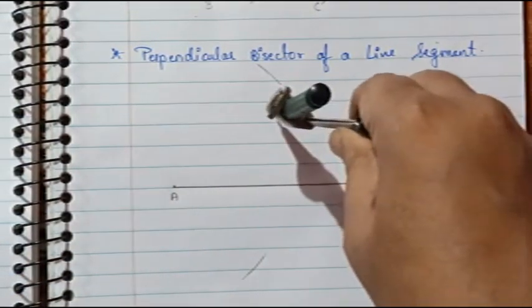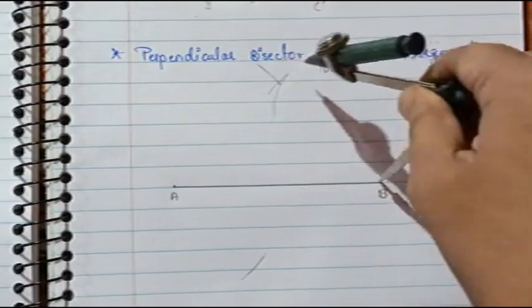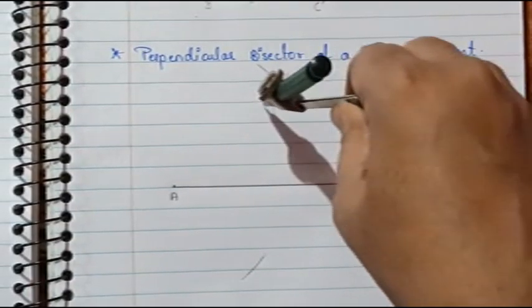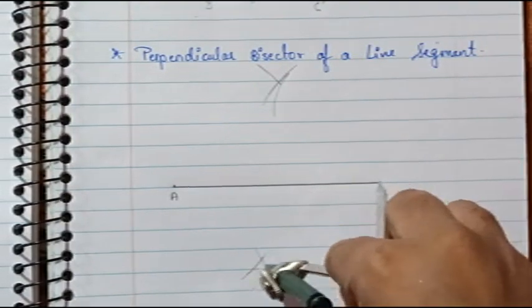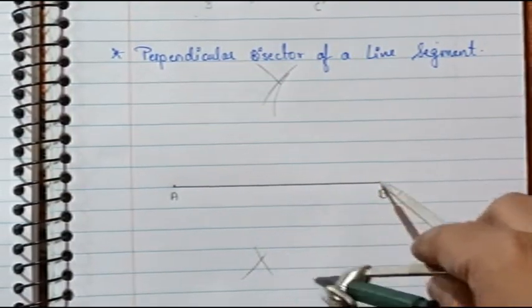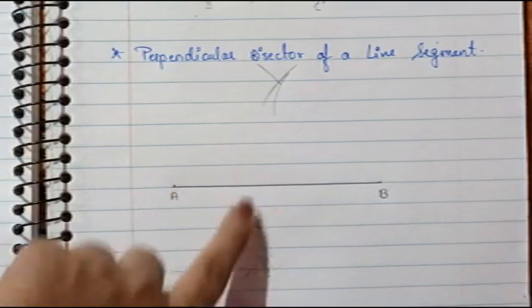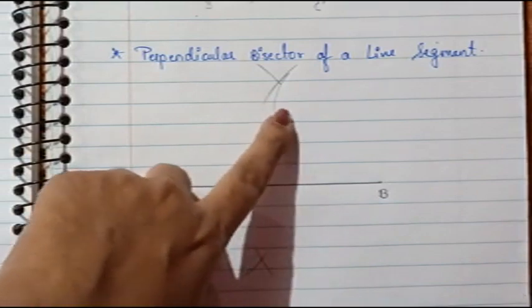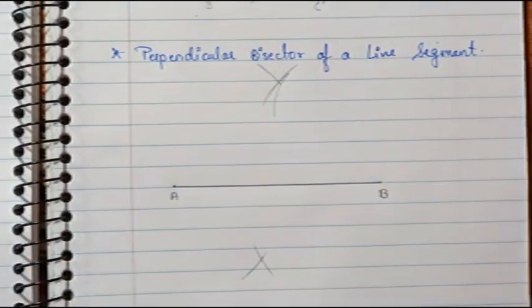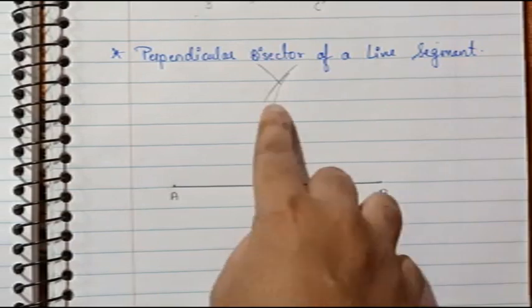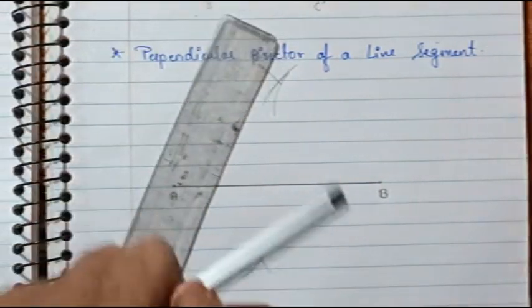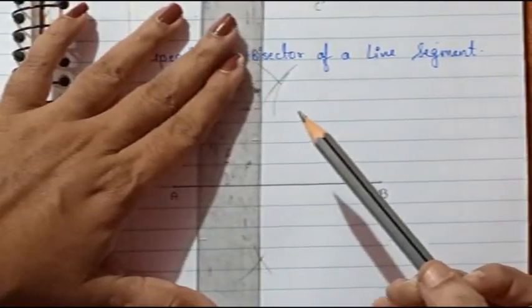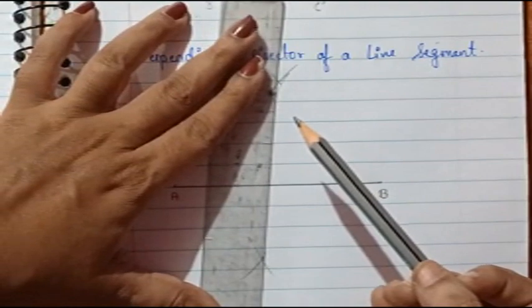Okay, point B. We'll place it at point B, and then from here also at point B, on both the sides you get the arc. This is a mistake, please avoid that, it is because of the loose compass. But you got an arc over here and an arc here. Now you are supposed to draw a line between both the arcs. So now let us draw the first line.